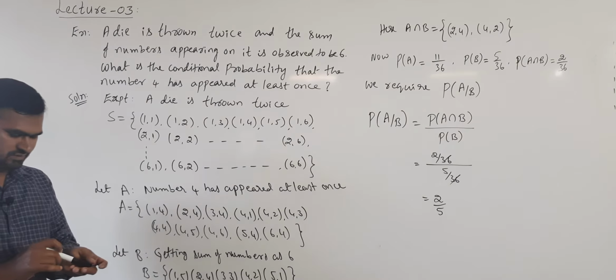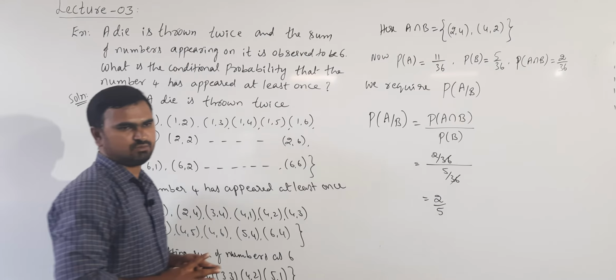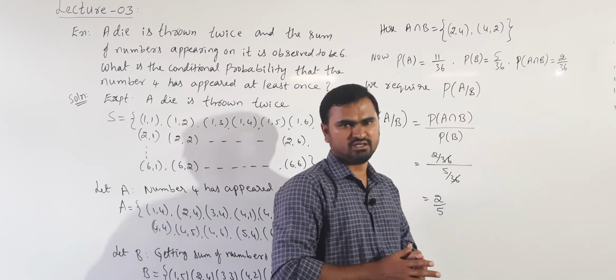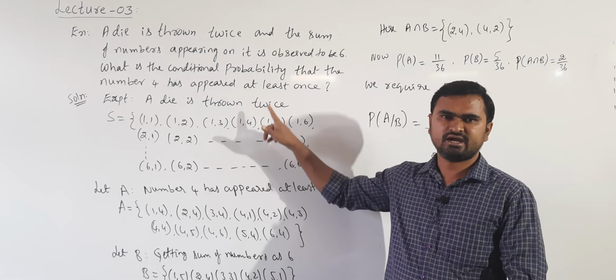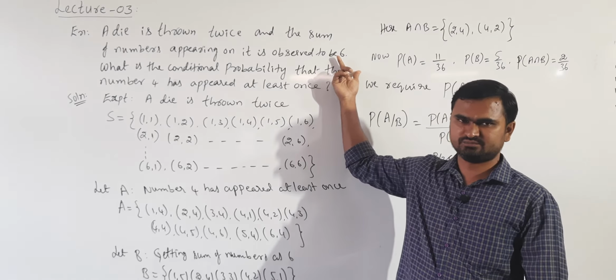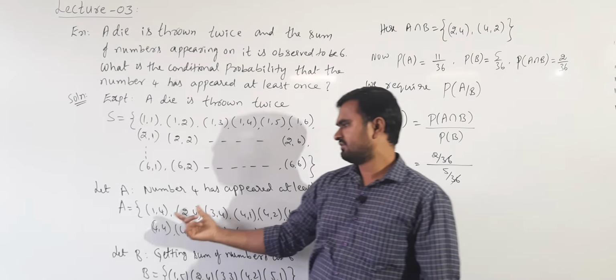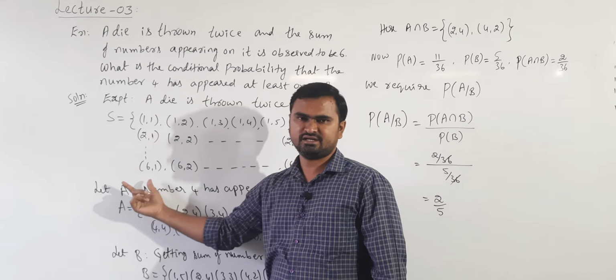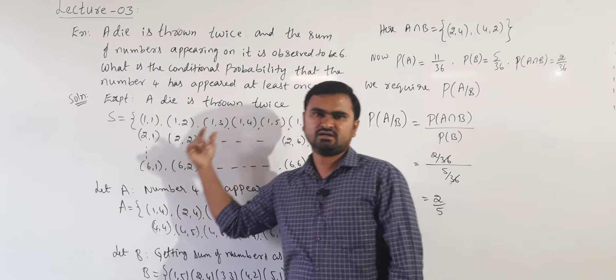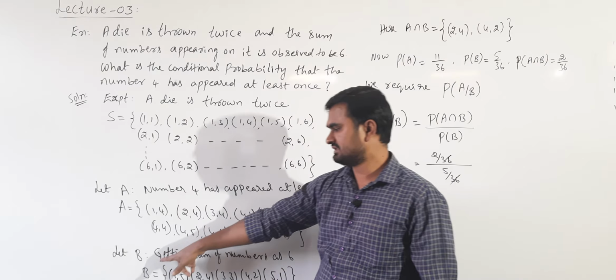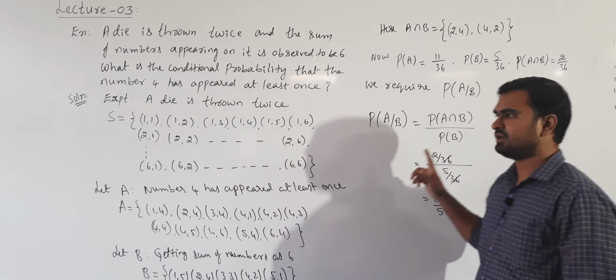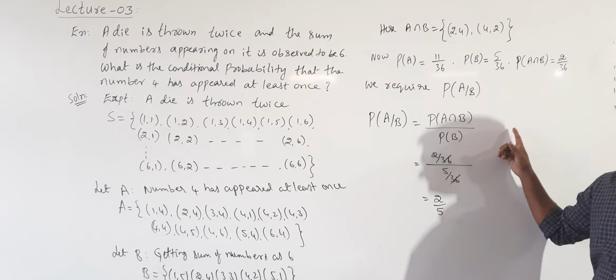Understand? So clearly we have to observe what the 2 events are, and of those 2 events, which event's probability we are finding and which event has already occurred. Usually the event whose probability we are finding, I will take as the first event, suppose A. The event which has already occurred, we take as the second event, that is B. So we require P of A given B here.